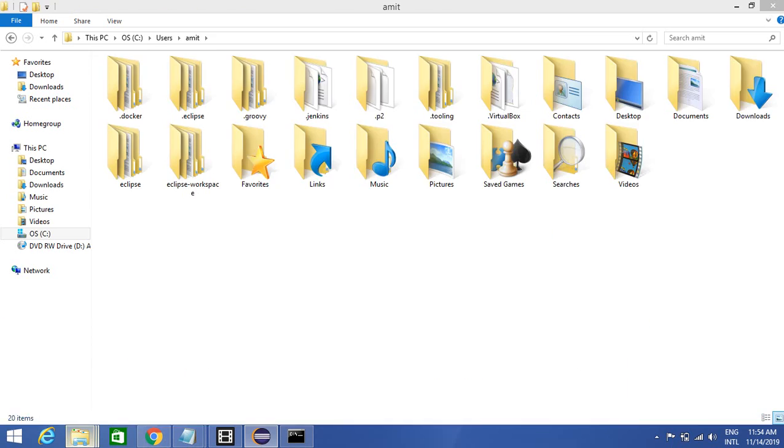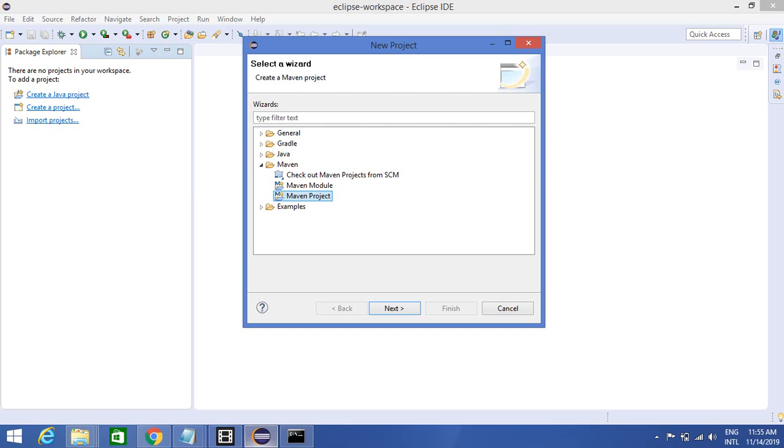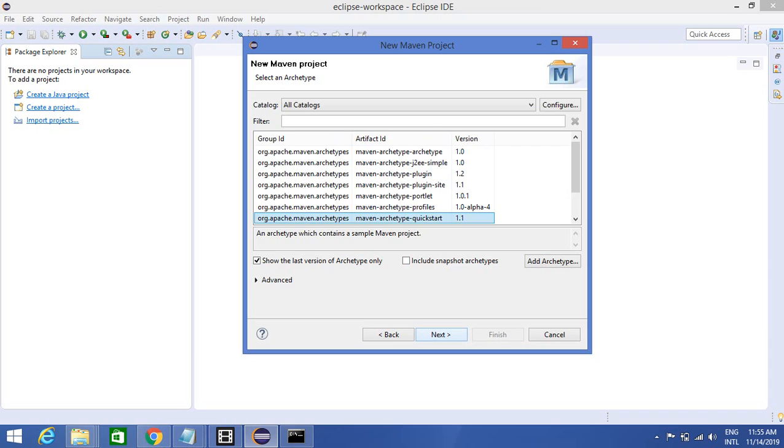Let me show you. By default inside the users there is nothing available on Maven right now, isn't it? So I see something for Jenkins, Groovy, Eclipse, Docker, but I don't see anything for Maven. So let me create one Maven project and see how that changes. It's asking, do you want to create a simple project? Do you want to skip archetype? I would say no, I don't want to skip. I want to use a quick start archetype,